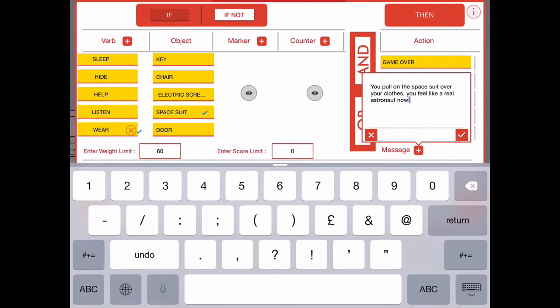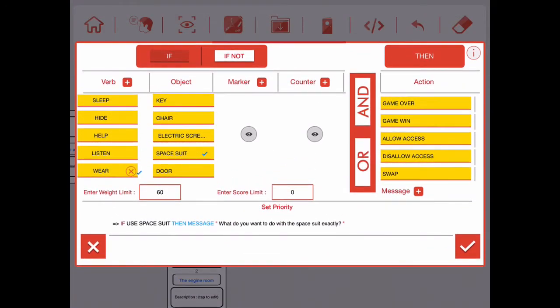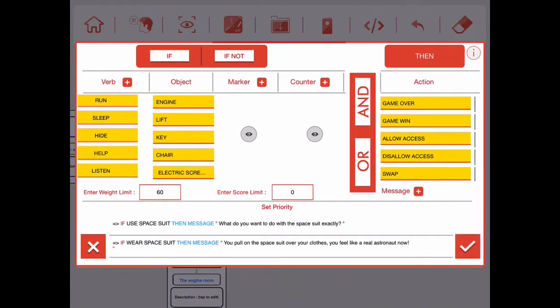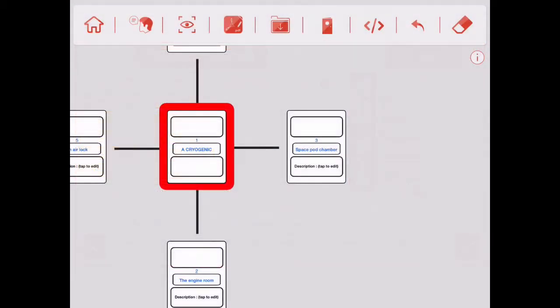And again, we can confirm that, confirm the whole code there,